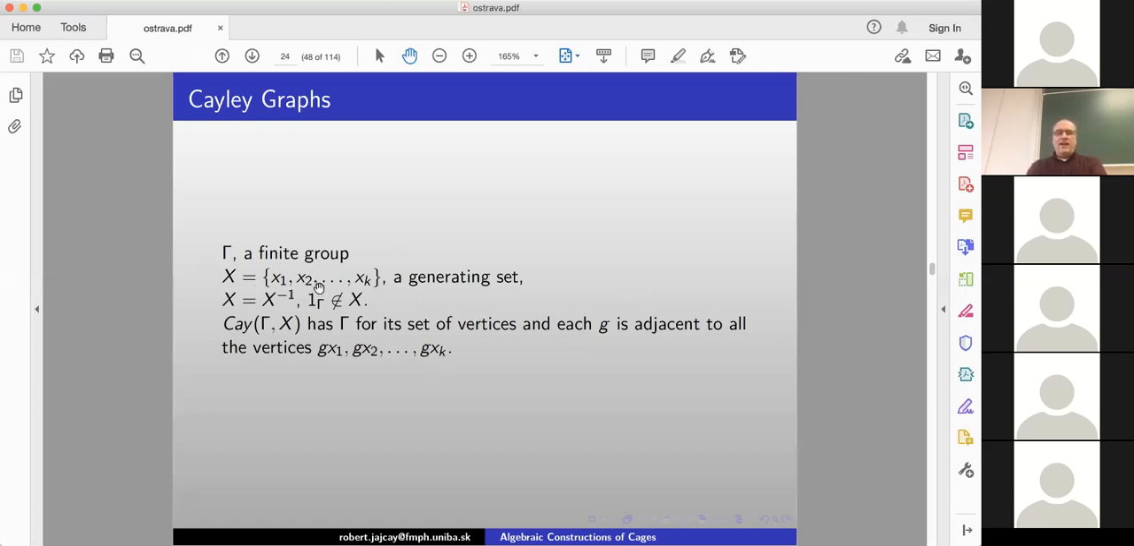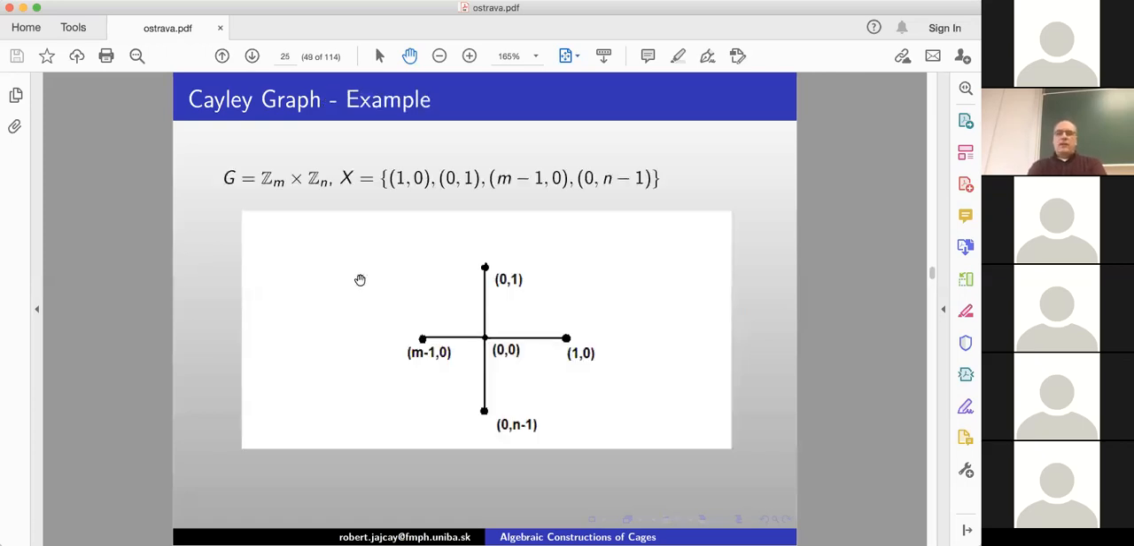Since the xi's are different, these are different elements, and each vertex of a Cayley graph is of degree k, where k is the cardinality of the generating set. Here's a quick example. I will go very quickly. This is an easy group, Zm cross Zn. Here's a generating set, (1,0), (0,1). Of course, you can get every pair from these. These are their inverses, and this is what it looks like locally